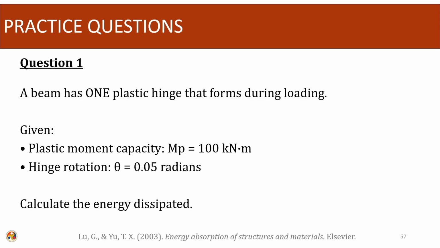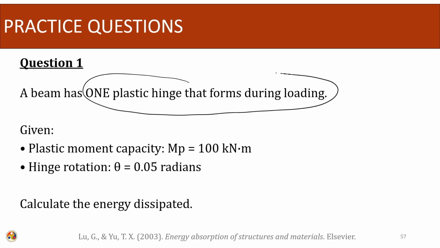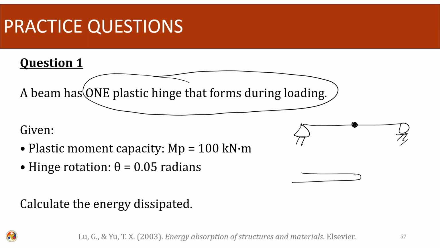Let us say we have a beam and it can form one plastic hinge during loading. So, let us say that we are dealing with this type of beam, and a plastic hinge forms. Traditionally, we have learned the plastic hinge in this way. There will be two structures joined by a pin, and at this juncture movement can take place, meaning this thing can rotate. This is the traditional definition of the plastic hinge.